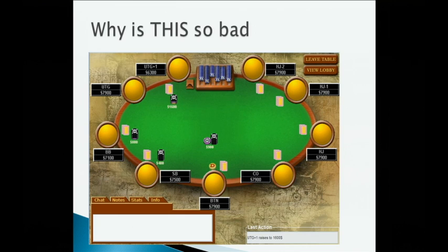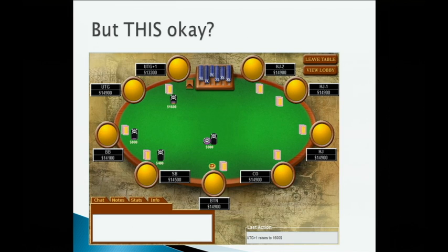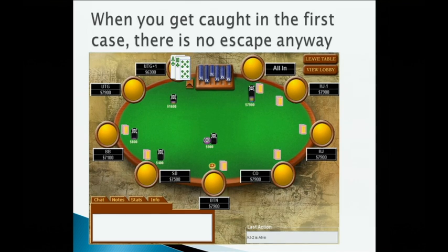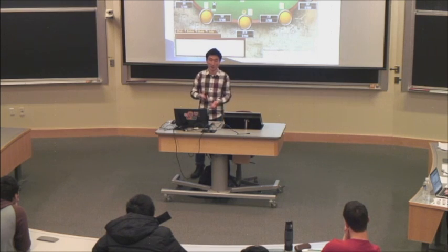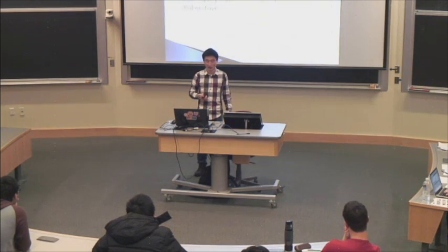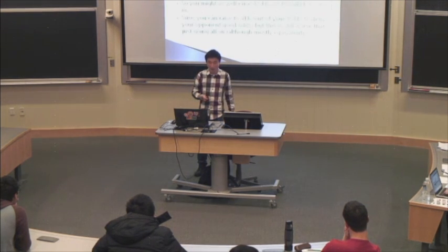But I want to sort of talk about raising now. So why is this so bad? But this is okay when we have more big blinds. So now everyone has 19 and a half big blinds. So why is this okay? The main reason is, in the first case, I talked about this: if someone goes all in, you have to call anyway. So you might as well go all in yourself, because you're not getting away if they pick up a good hand. So that's the same calculation.